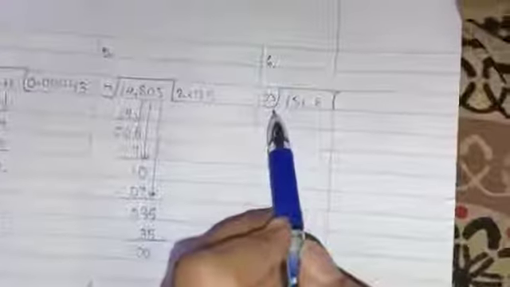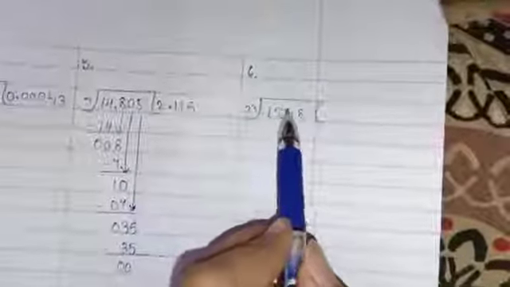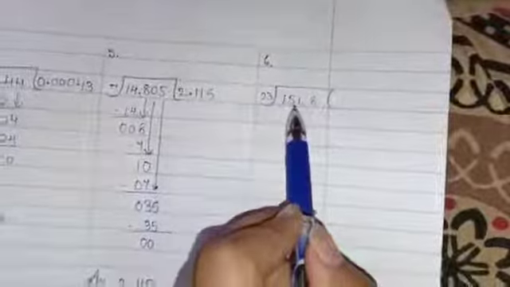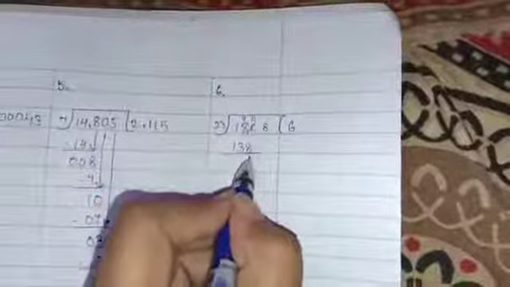Okay. Now we will go to number 6. The question is 151.8 should be divided by 23. So first of all, 15 is not coming, so I have to take all 3 digits, 151. So I'll take 23 6s. What will come? 138. Okay. So I will do subtraction here. So 1 here, 11 will happen. Here 4 will be there. So 11 minus 8 will give me 3. 4 minus 3 will give me 1. 1 minus 1 will give me 0.